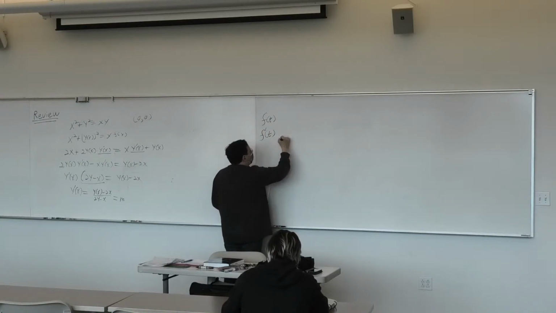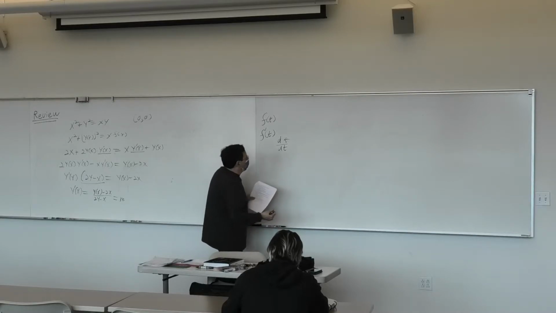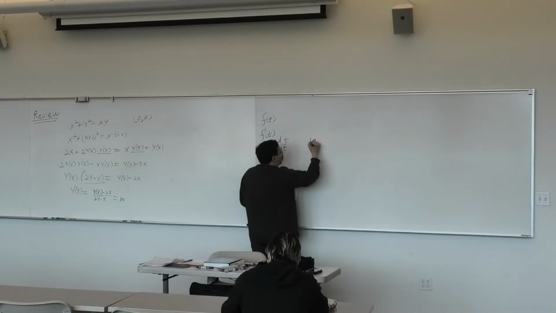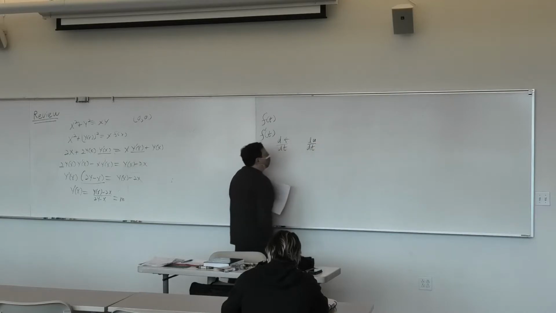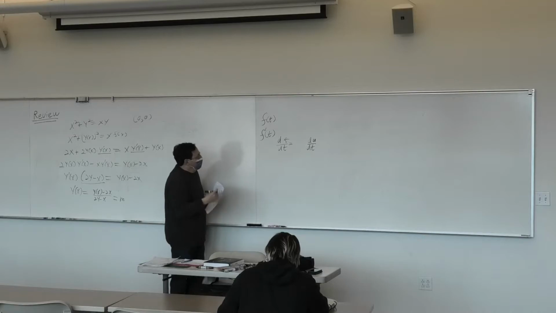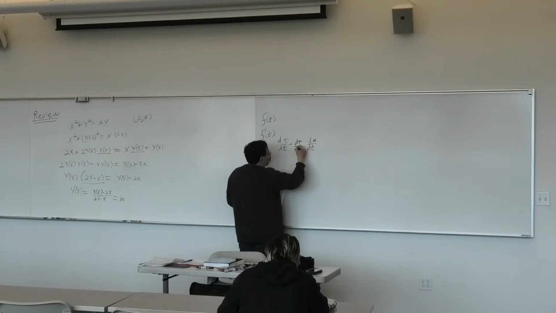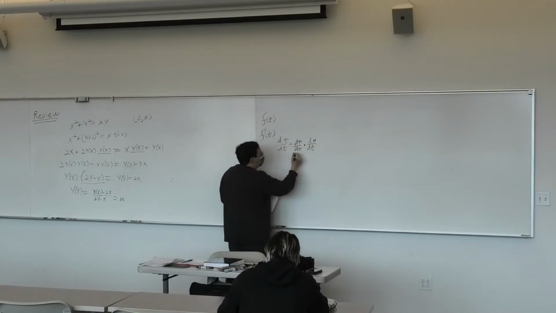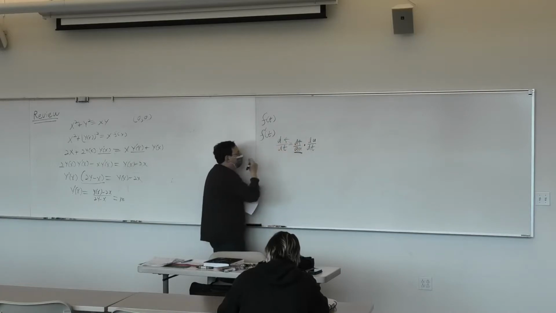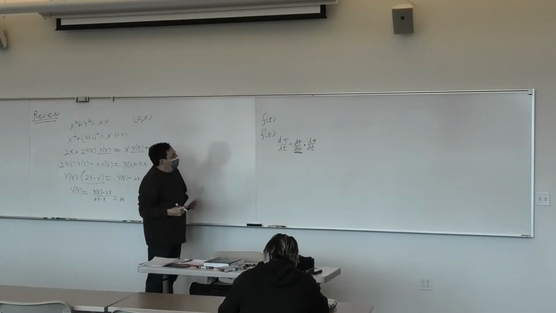I'm going to write df dt. But maybe we know something with respect to u, du dt. Well, we look at this and we think about the chain rule. We can find df du, and with one of these, then we can find the other. So what would that look like?